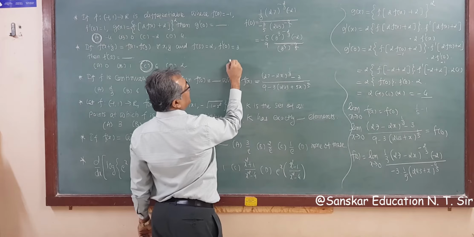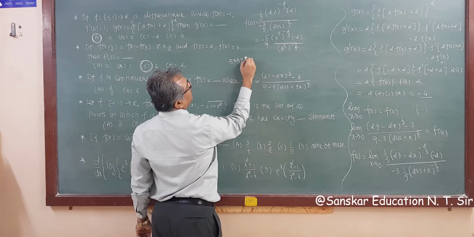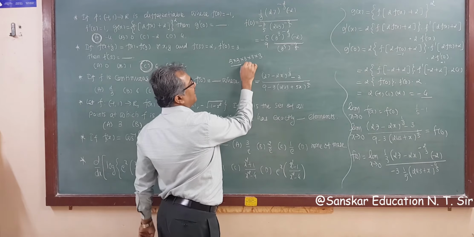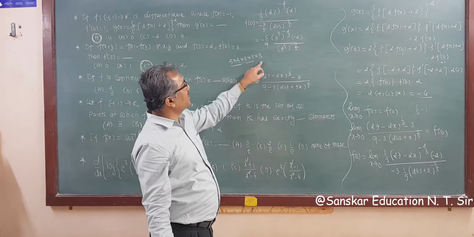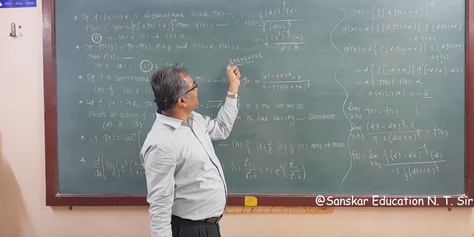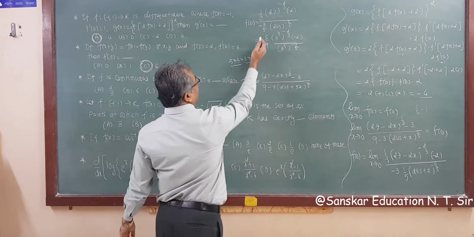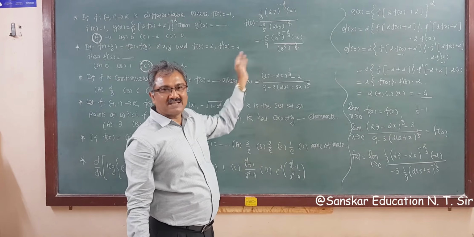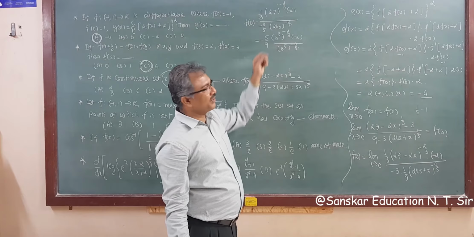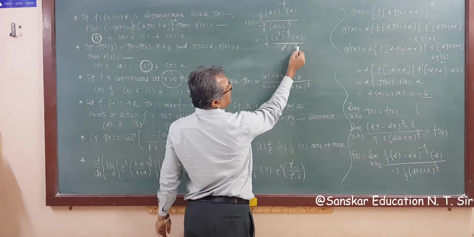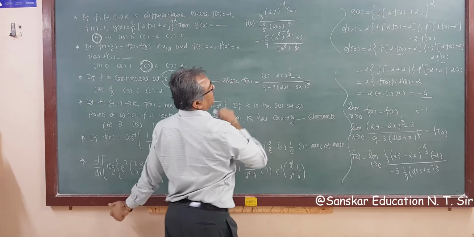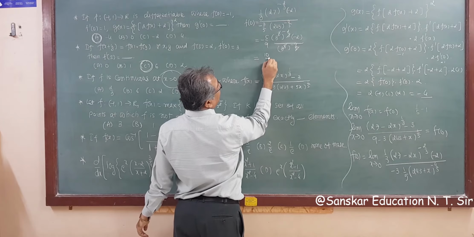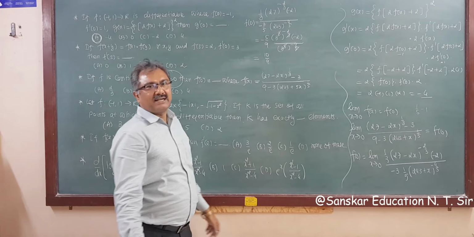See, 3 into 3 into 3 into 3 into 3. 3, 3, 9. 9, 9, 81. 81 into 3, 243. So 243, that is 3 raised to 5, right? At this stage, it is not good to explain why 3 raised to 5 is 243, right? So this 5 will be cut, this 3 cut, right? This minus plus. So the answer is 10 by 9.